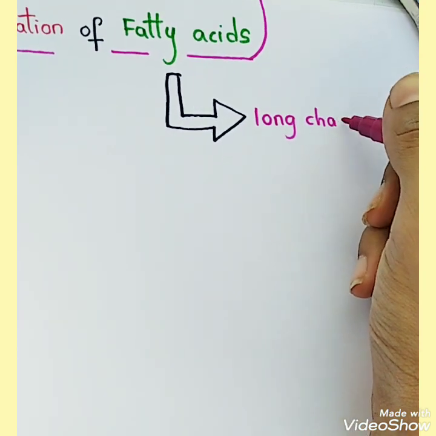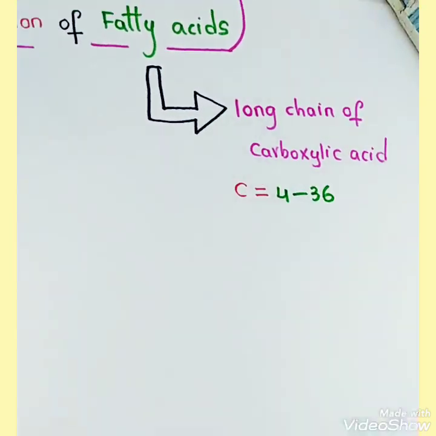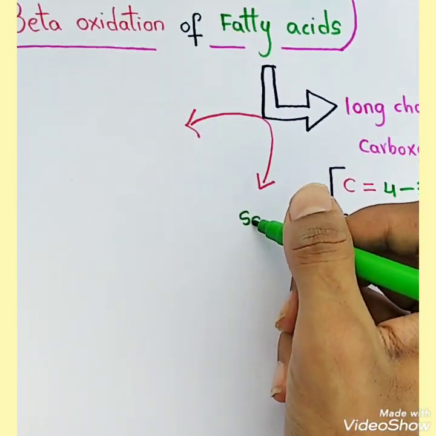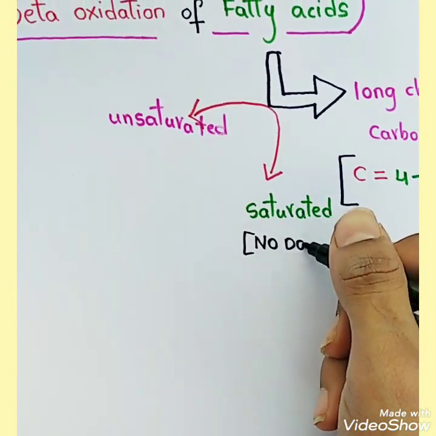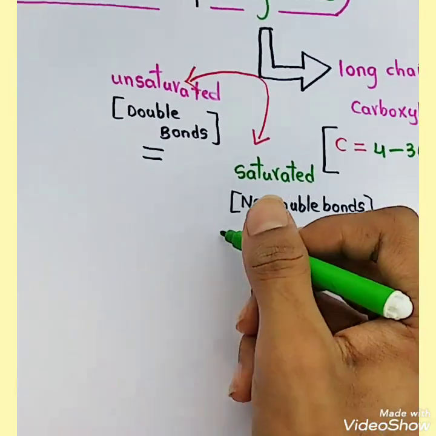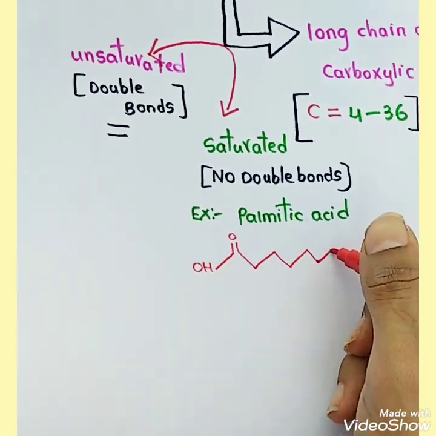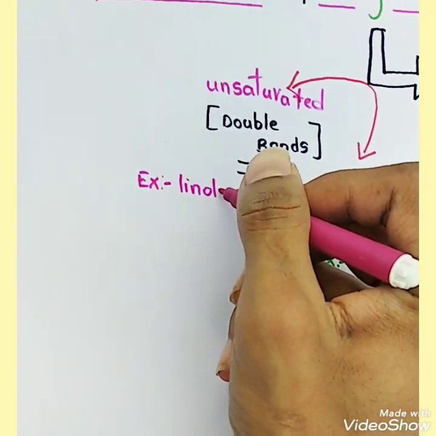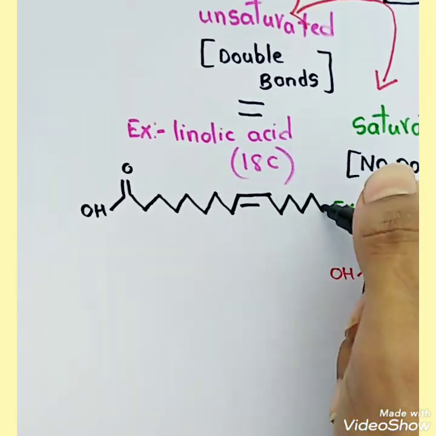A fatty acid is nothing but a long chain carboxylic acid having at least 4 to 36 carbons in its long chain. There are two types of fatty acids, the saturated fatty acids and the unsaturated fatty acids. The saturated fatty acids do not have double bonds and unsaturated have double bonds. The best example of saturated is palmitic acid, which is a 16 carbon carboxylic acid without any double bond. And the best example of unsaturated is linoleic acid, which is an 18 carbon carboxylic acid having at least one double bond